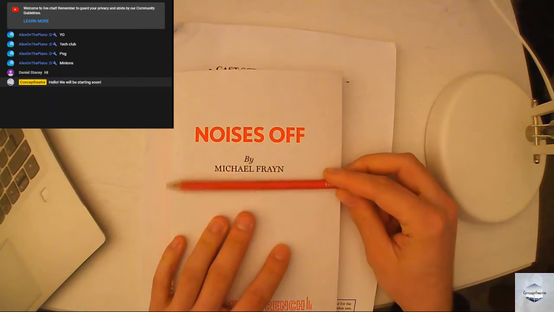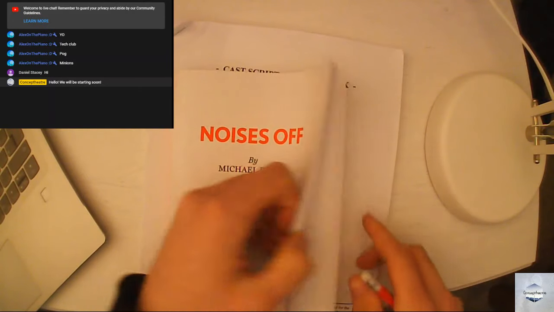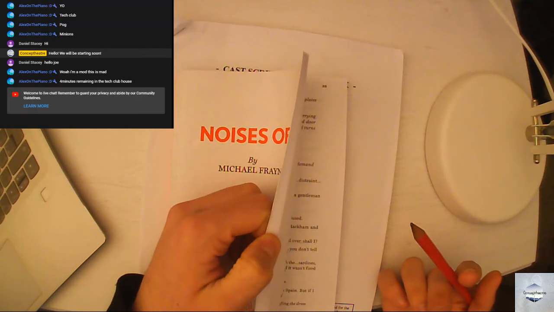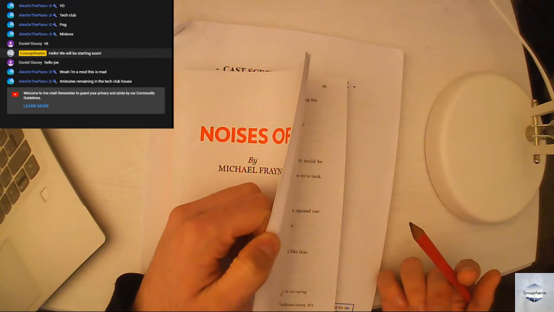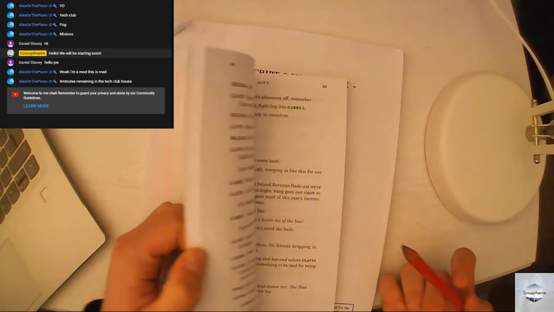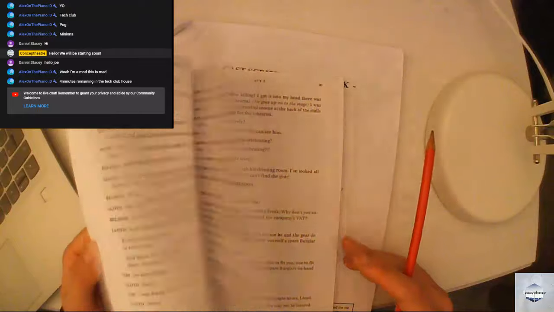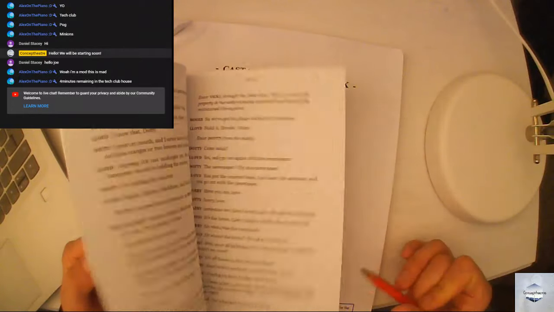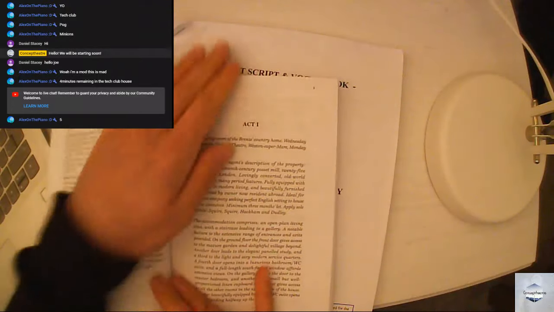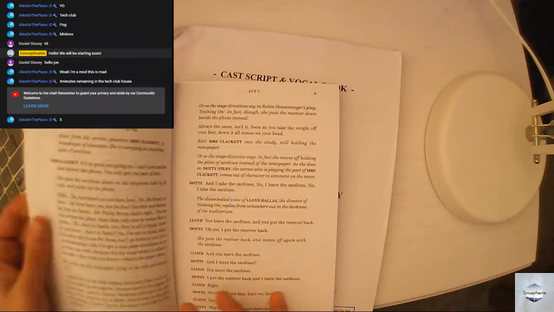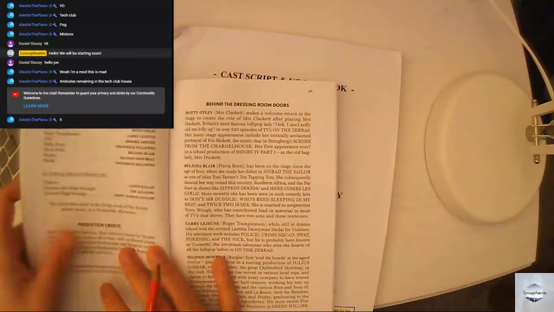So this play is Noises Off by Michael Frayn. What the play is doesn't matter. Basically, this will just serve as something we can use to reference. So let's ignore the first couple of pages. If we look at the cast list,